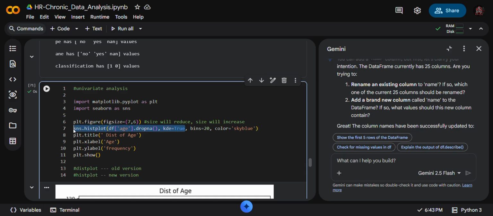This is the main syntax command for every command, like what we are using is age. This is a slightly advanced beginner thing, but you use something like this before. That means bins 20 and color.